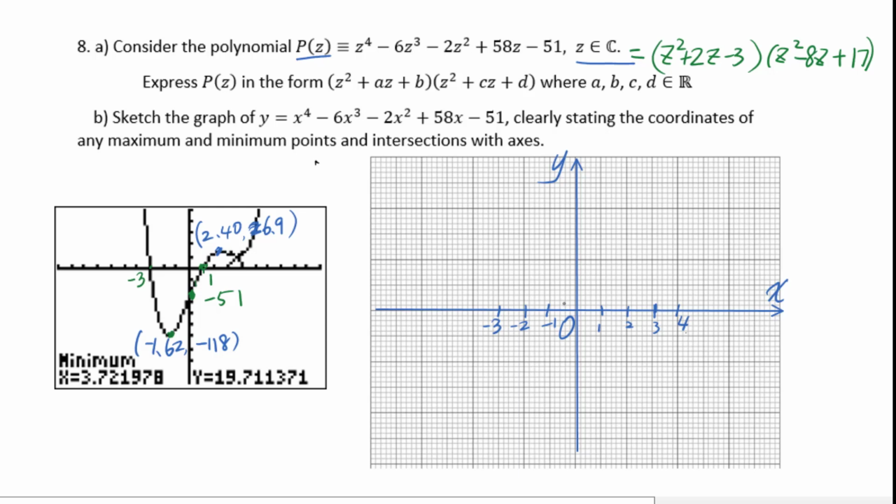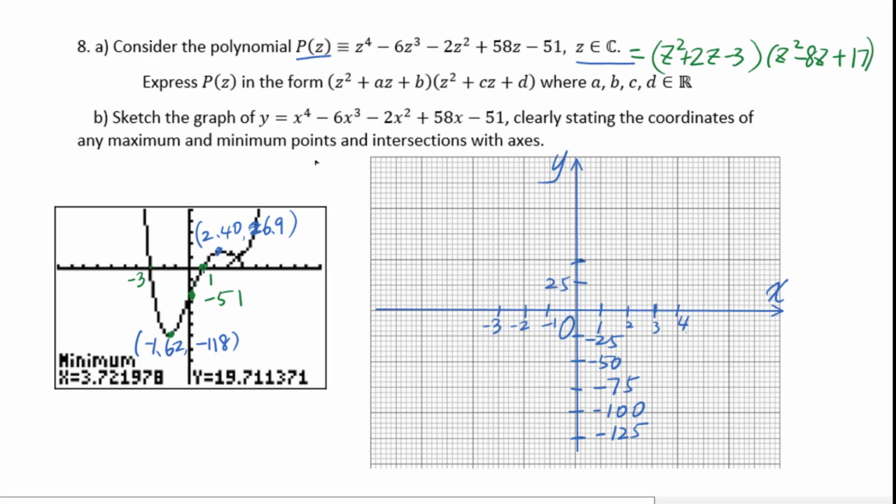For the y-axis, we know the minimum point is negative 118. Let's do negative 25, negative 50, negative 75, negative 100, negative 125,